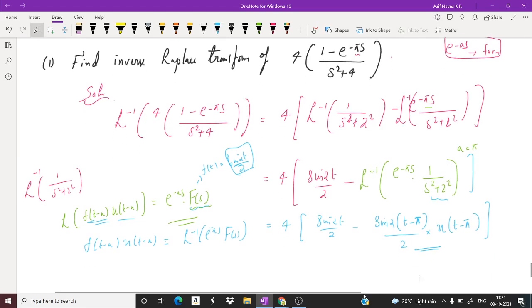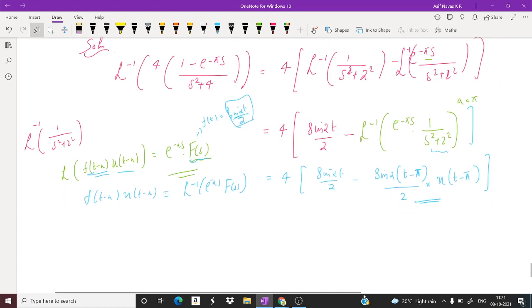Can we write it as a condition instead of t minus pi? We can write it with t greater than pi. How, sir? Let me show. This is equal to, by the theory, for t greater than pi, 4 sin 2t by 2. When t is less than pi, this quantity will be equal to 0, right? Yes sir. And when t is greater than pi, you can write